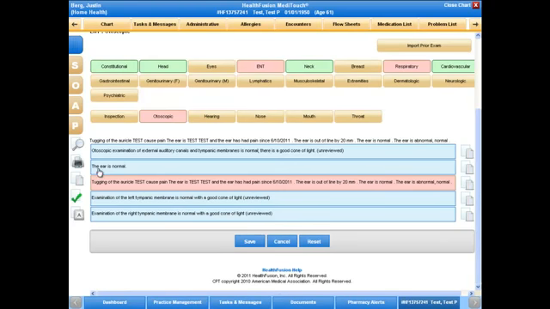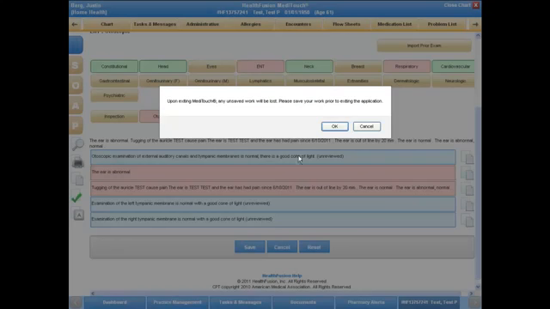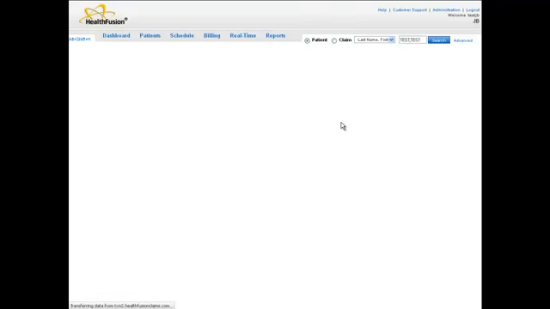Also, please notice that the phrase that we started from scratch is available here. I can select it once. Again, it will go from blue to green. And then again, if I select it one more time, that brings me to my abnormal phrase. This was the other option that you had to use besides the widget text. Now navigate back to Practice Management, Administration,